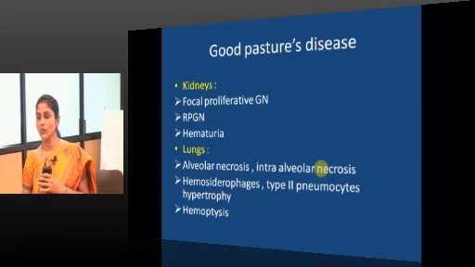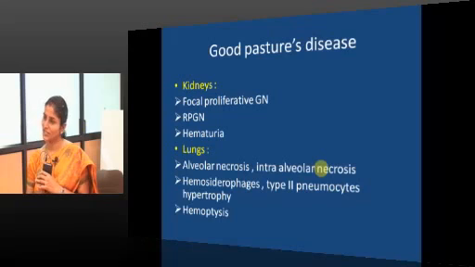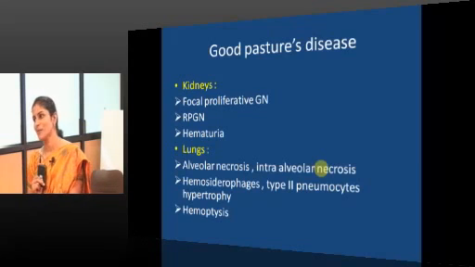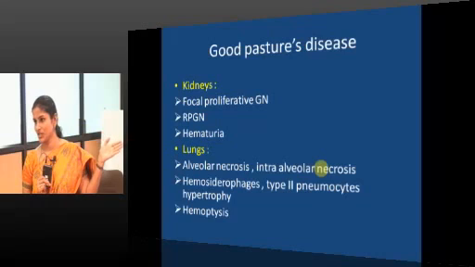So, kidneys will show focal proliferative glomerulonephritis. Will the patient go in for RPGN? Type 1 RPGN is due to Goodpasture's syndrome. Type 2, immune complex. Type 3, vasculitis, ANCA positive vasculitis. Remember all these three are vasculitis. So ANCA positive or pauci-immune vasculitis for type 3. So Goodpasture will go in for RPGN development.